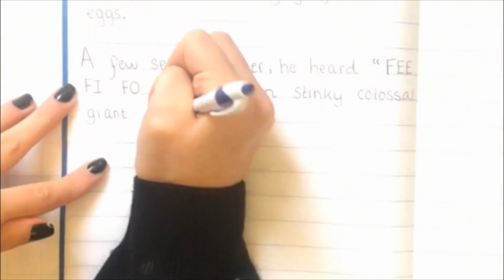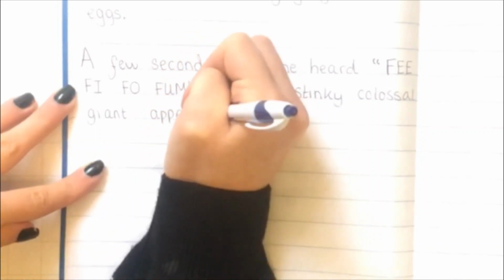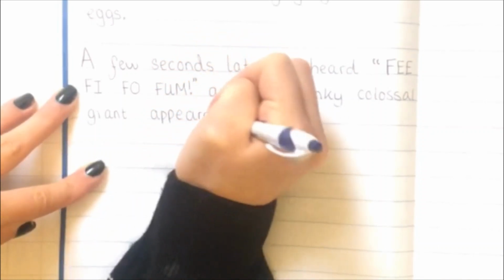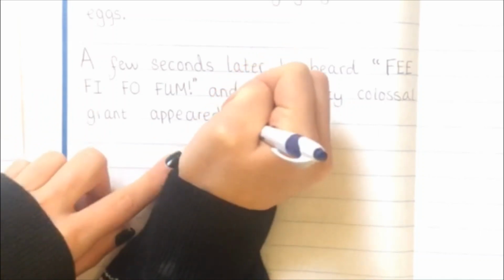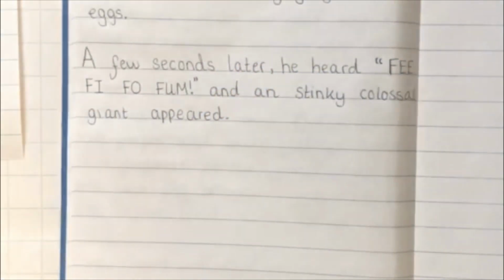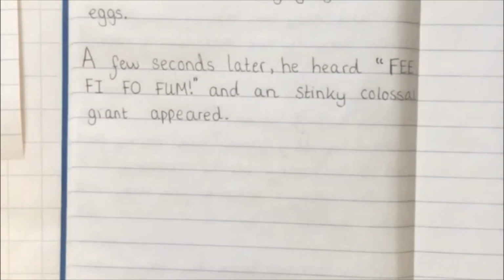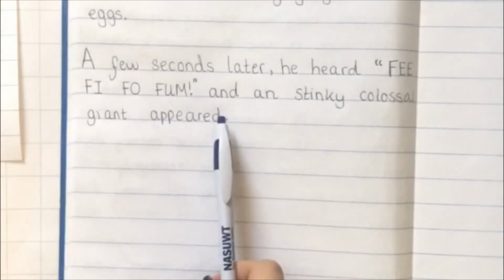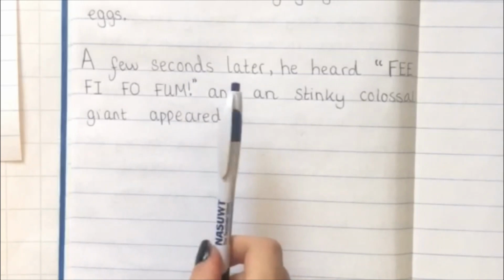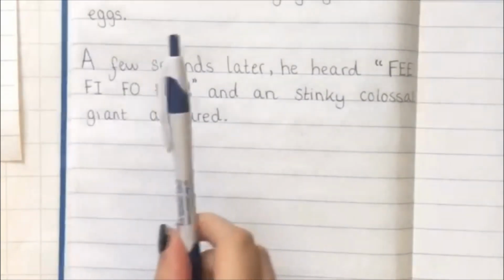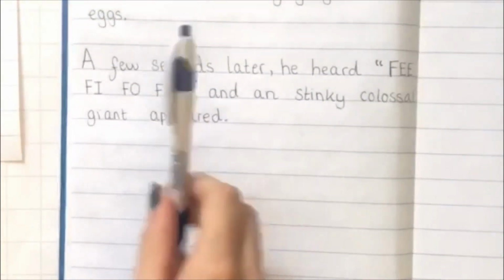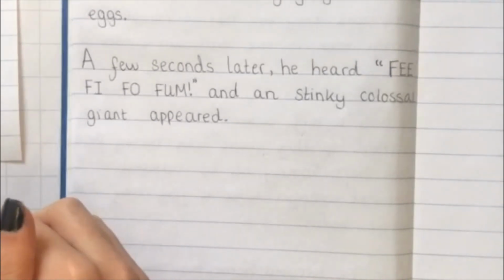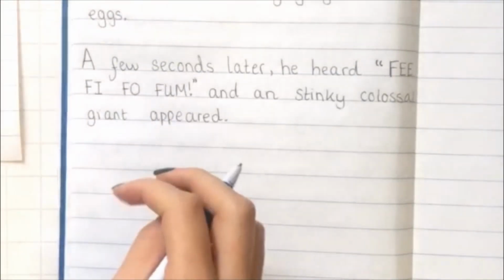Appeared. Looking to my story map to help me. Appeared. And ed because it's past tense. Fantastic. And if you really wanted to, maybe you could write a sentence about how to make your main character feel. Maybe I could have written, Tom was terrified. Tom couldn't believe what he saw. If you really want that extra stretch and that extra challenge. But I'm just going to carry on.